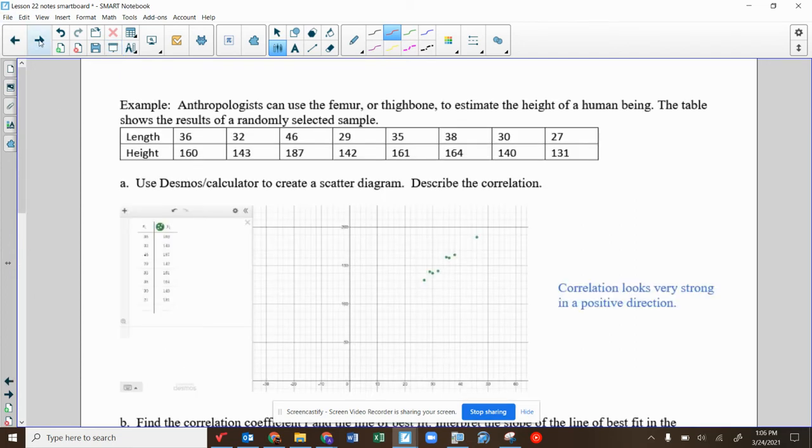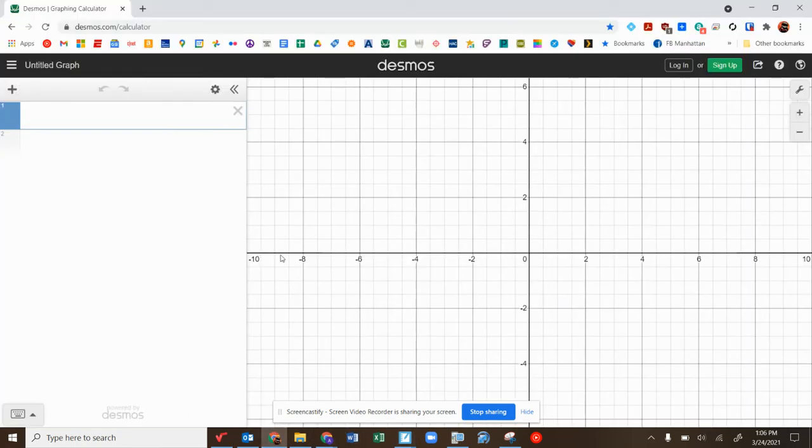Okay, so let's say we have this one here. Anthropologists can use the femur, thigh, or thigh bone to estimate the height of a human being. The table shows the results. Here they are right here. So we're going to create the scatter diagram, then we're going to come up with the equation, answer some questions off of that. All right, so on Desmos,